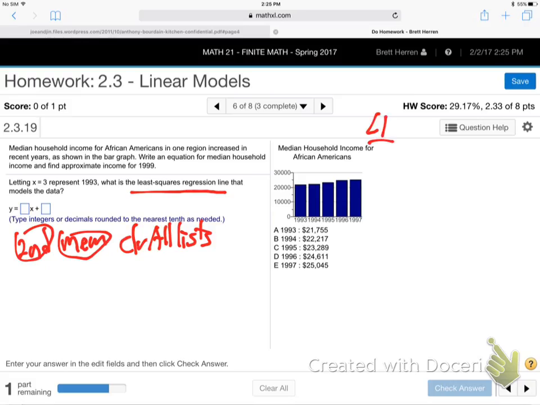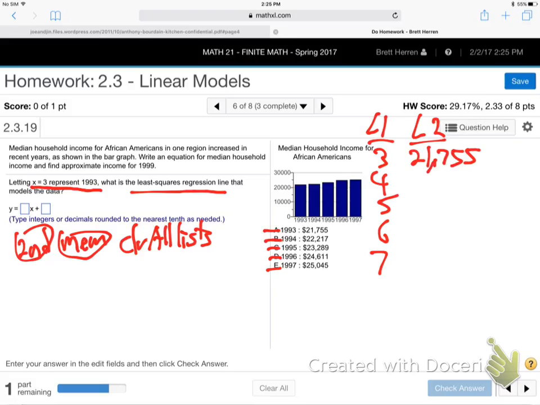Notice they always do time a certain way, so you have to watch how they're going to do time. They're saying X is 3 for 1993, so they're starting at 1990. So looking right here at these data, 3, 4, 5, 6, and 7 is L1. L2 is